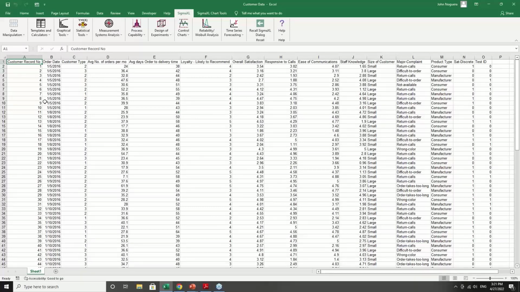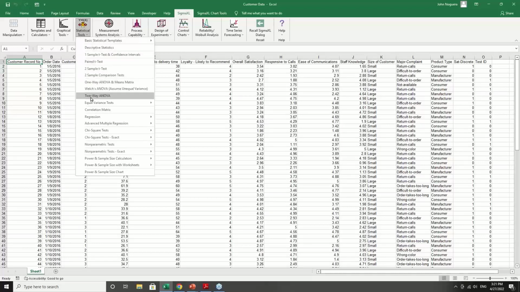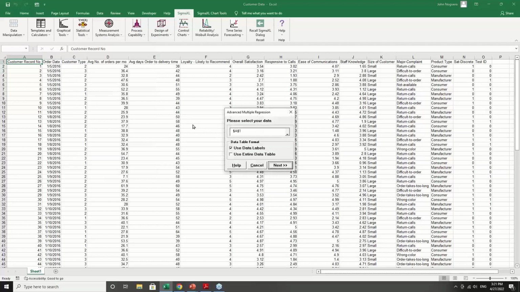So now I'm in SigmaXL. I have the customer data open, and we'll go to Statistical Tools, Advanced Multiple Regression, Fit Multiple Regression Model. The next webinar, by the way, the third webinar, will cover multiple response optimization. So we're going to fit multiple regression model, use entire data table,